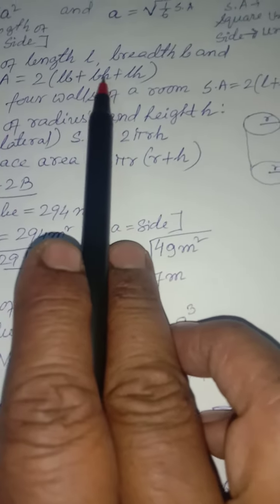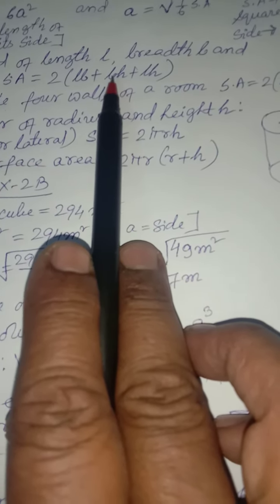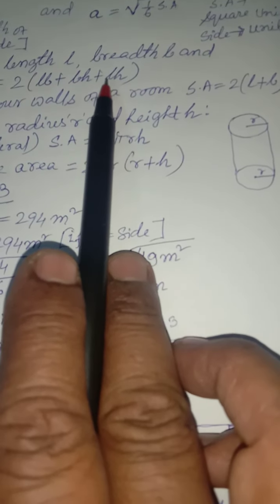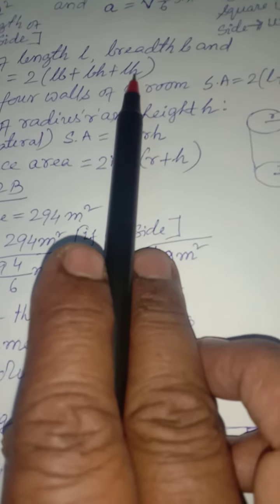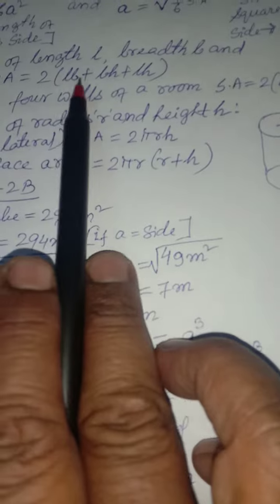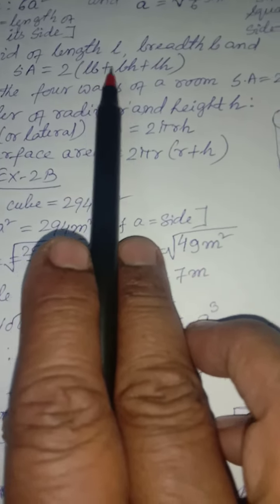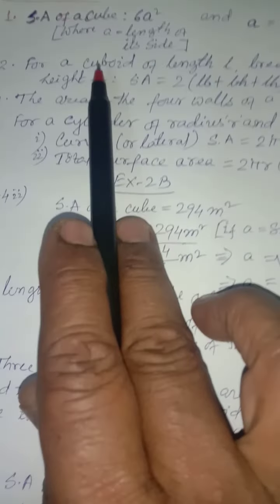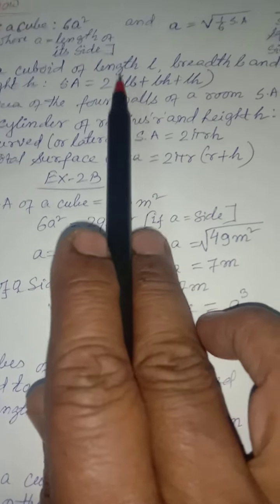Now with the breadth and the height you have got an area, so that will be 2 times, front and back, so that will be breadth and height. Then length and height also will have a surface, so that will be the area of the length and height of one side. You have got two faces, identical in area. That is why 2 into LB plus BH plus LH, where L is the length, B is the breadth and H is the height of a cuboid. A cuboid is related to a rectangle. Rectangle area is length into breadth, that way.